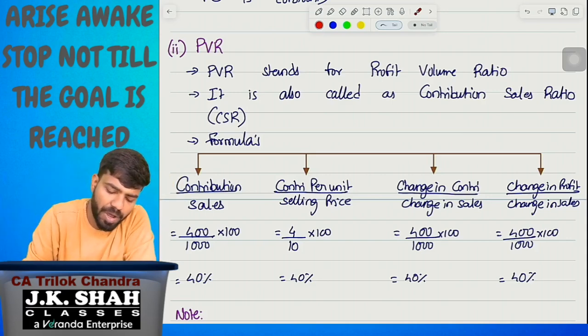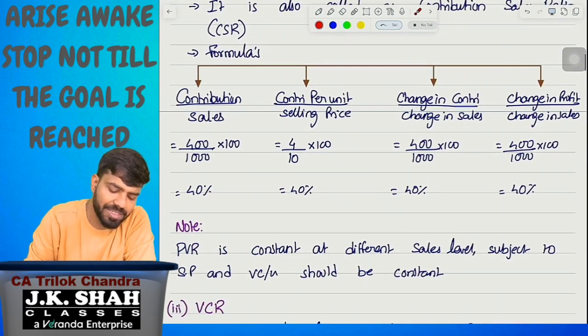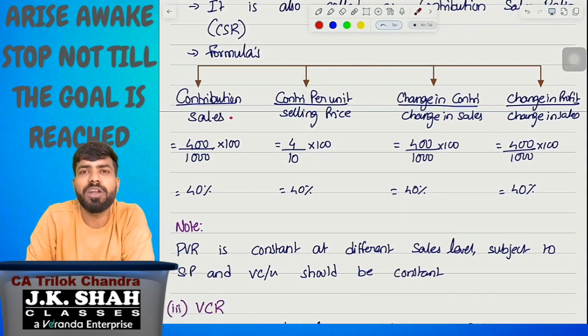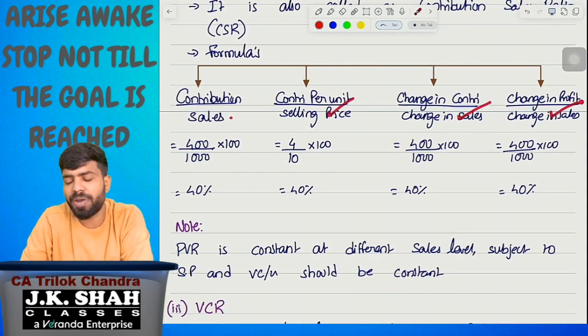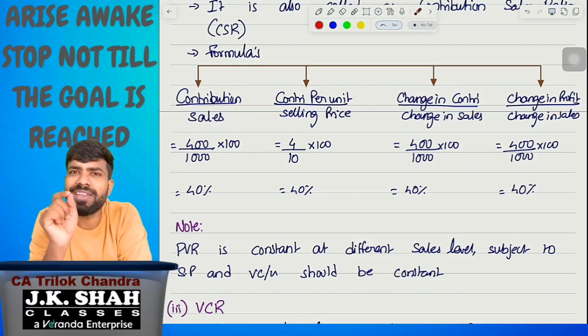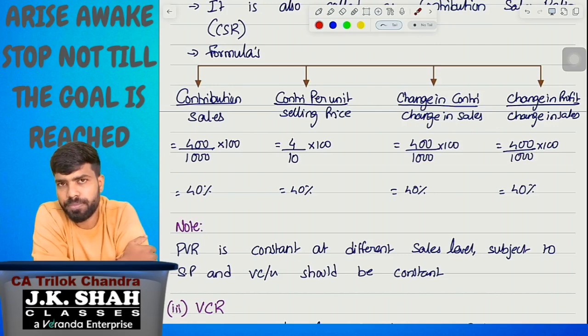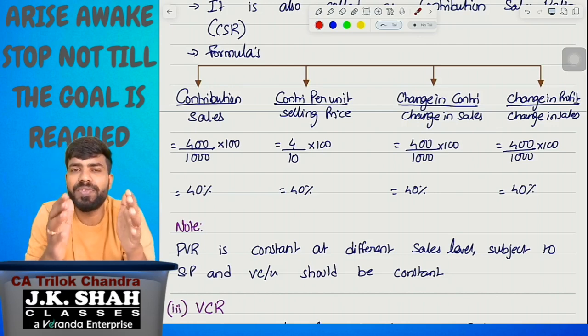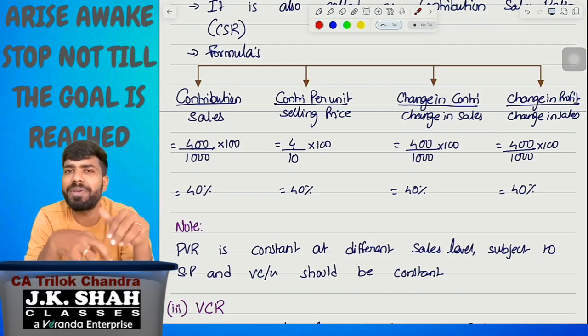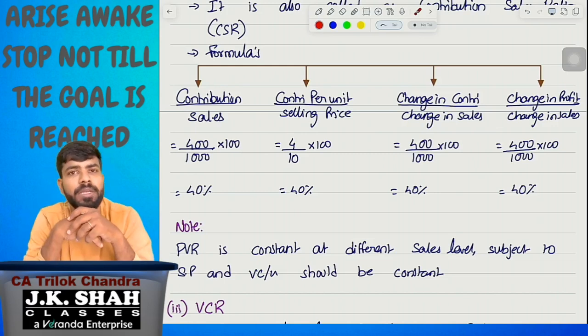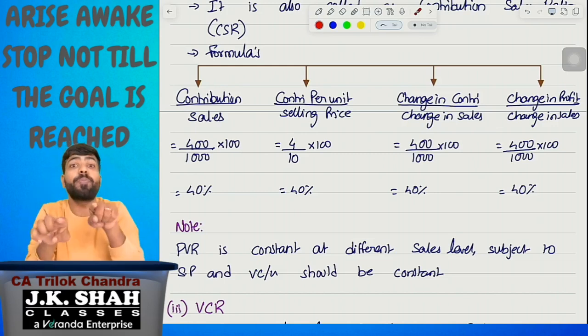PV ratio stands for profit volume ratio. It is also called contribution sales ratio. The formula is contribution divided by sales, contribution per unit divided by selling price, change in contribution divided by change in sales, change in profit divided by change in sales. You need to understand one small point here. Which formula has to be used depends upon the information provided in the question. If they give you the totals, take contribution divided by sales. If they give you the per unit, take contribution per unit divided by selling price. If they give you a comparison between two periods,